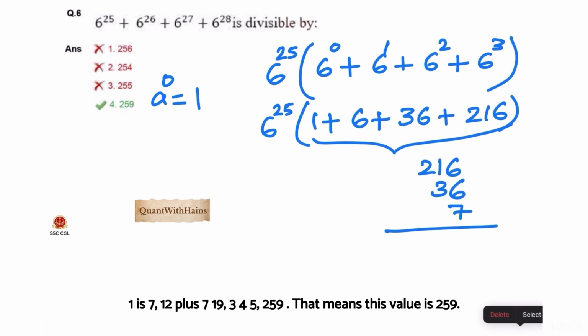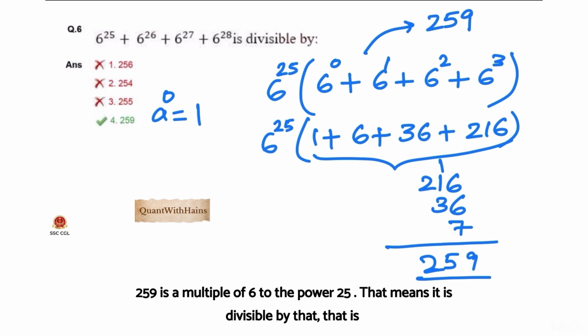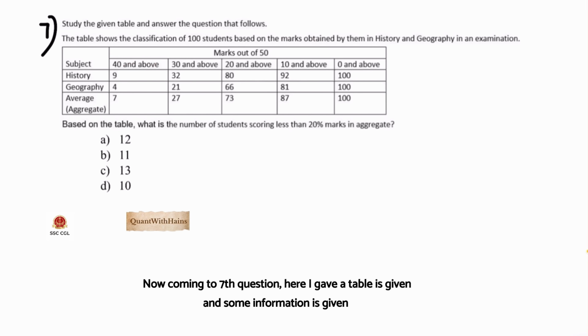12 plus 7, 19. 3, 4, 5, 259. That means this value is 259. 259 is a multiple of 6 to the power 25. That means it is divisible by that. That is option 4. Now coming to 7th question, here a table is given and some information is given about